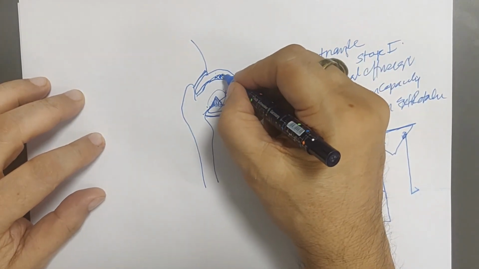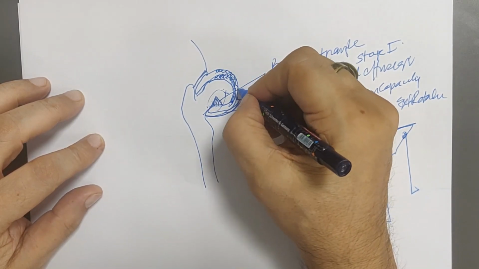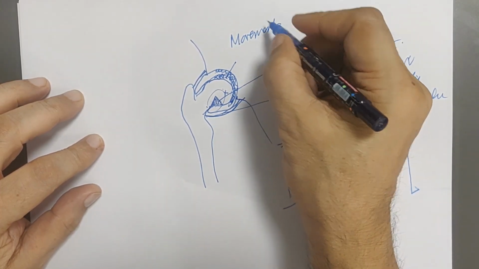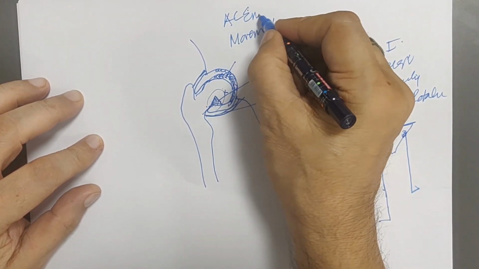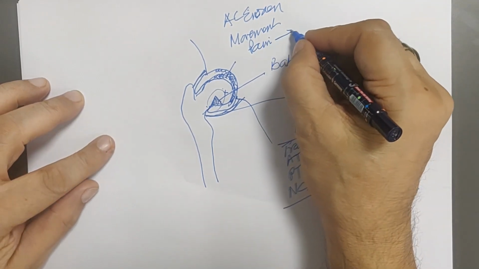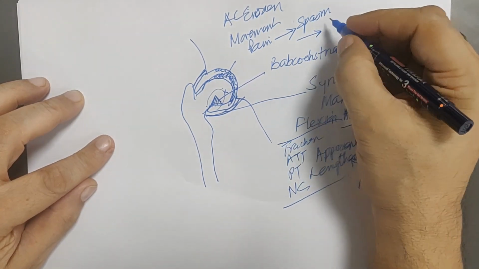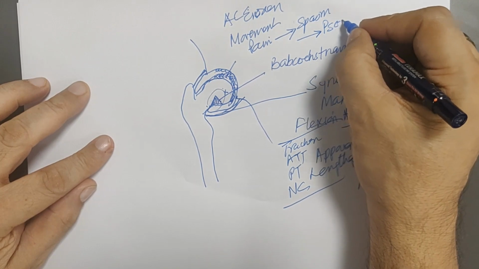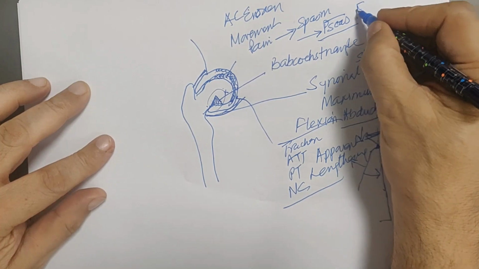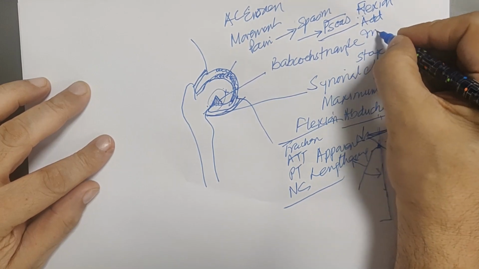The second stage is that there is involvement of the articular cartilage, and when there is involvement of the articular cartilage, movement causes pain. So any movement with articular cartilage erosion would produce pain. Now as it produces pain, there is spasm, and which is the most powerful muscle around the hip which goes into spasm? It is iliopsoas. And what does iliopsoas do? It pulls the hip into flexion, adduction, internal rotation.